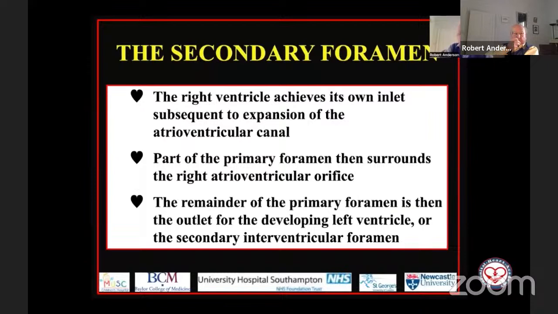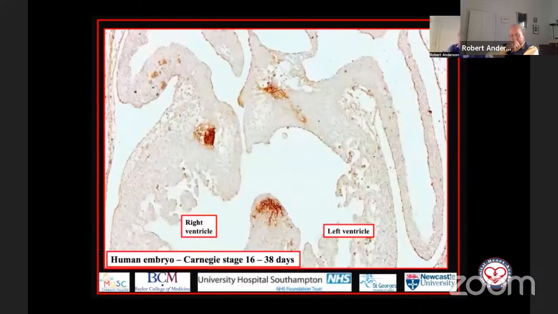The remainder of that foramen is now the outlet for the developing left ventricle. And that is what we are going to call the secondary interventricular foramen. And we're going to see that in the setting of the congenitally malformed heart. But here is the evidence that underscores our understanding of how we get from the primary to the secondary interventricular